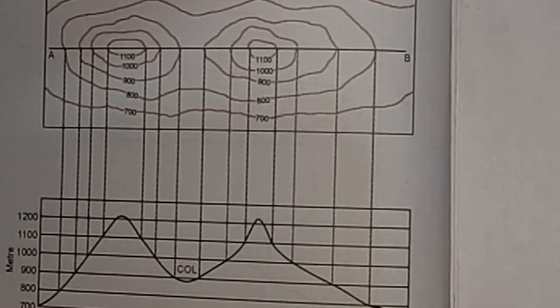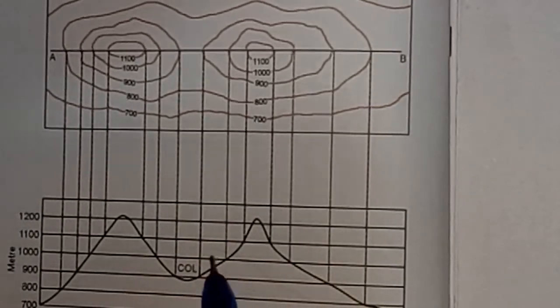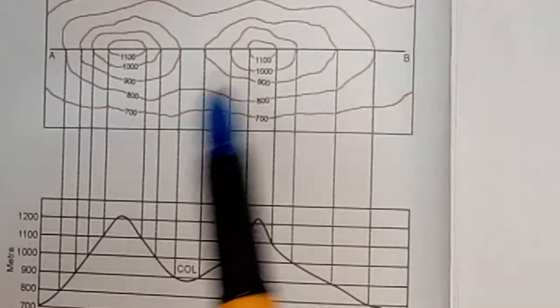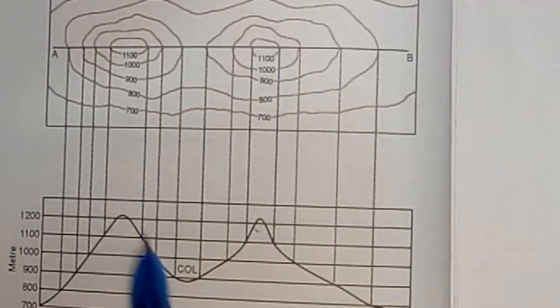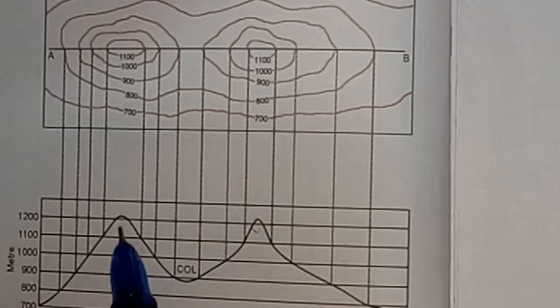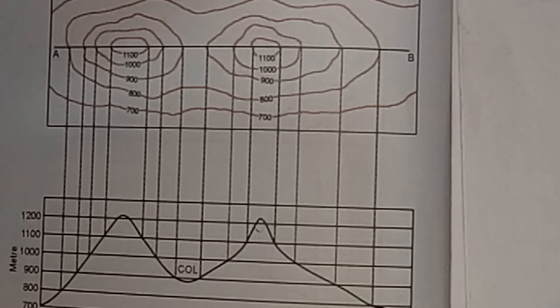This diagram is about a col. Now what is a col? Here you can see the col is written. The gap is less compared to a pass. The mountain is there, and both are conical. A col is formed between the ridge of a watershed. In the figure you can see the drop in the height between two hills in a watershed and the height of the mountain range. That is called a col.